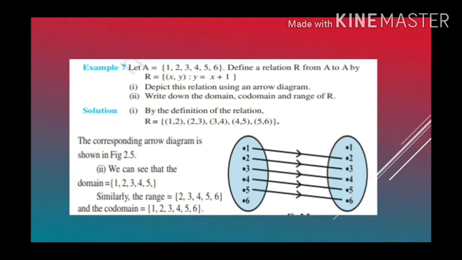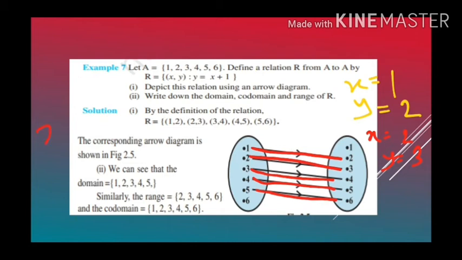When you put x equal to 1, y will become 2, because 1 plus 1 is 2. So 1 goes to 2. Similarly, when x is 2, y is 3, so 2 goes to 3. The same way 3 goes to 4, 4 goes to 5, 5 goes to 6.